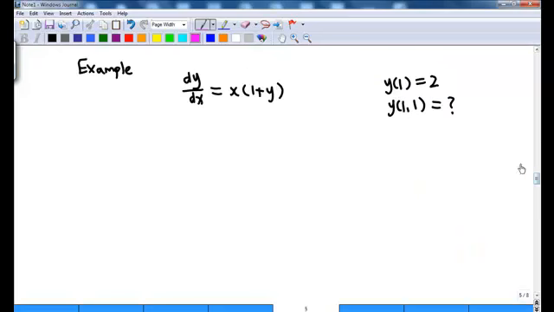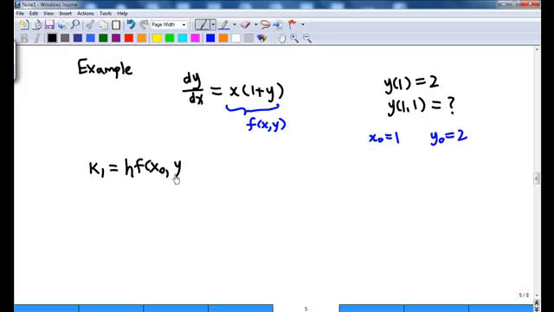So I have f of x, y is x times 1 plus y, and x0 equal to 1, y0 equal to 2. So let's calculate k1. k1 is equal to h times f of x0, y0, where h is 0.1,